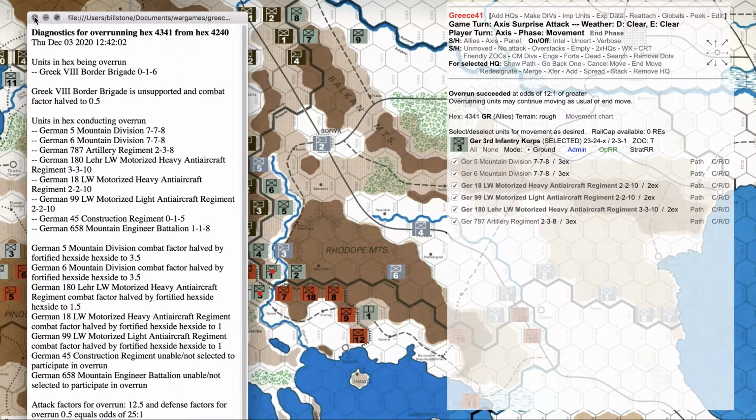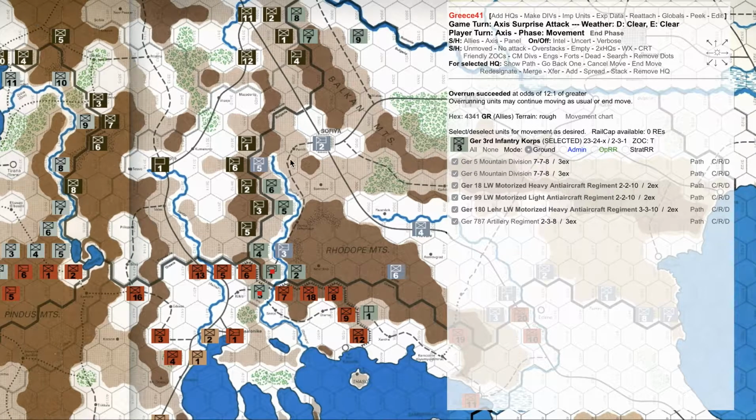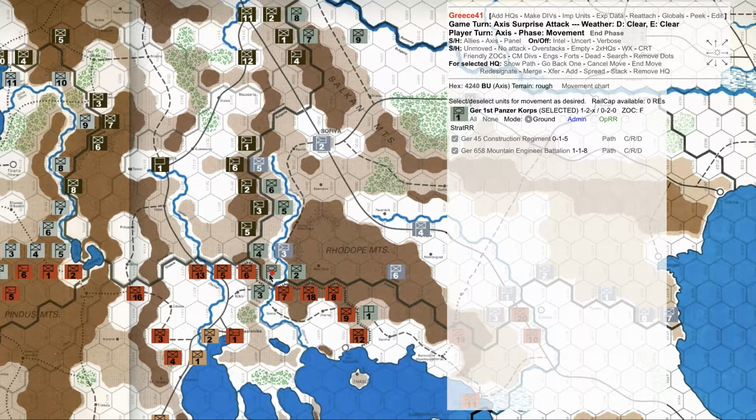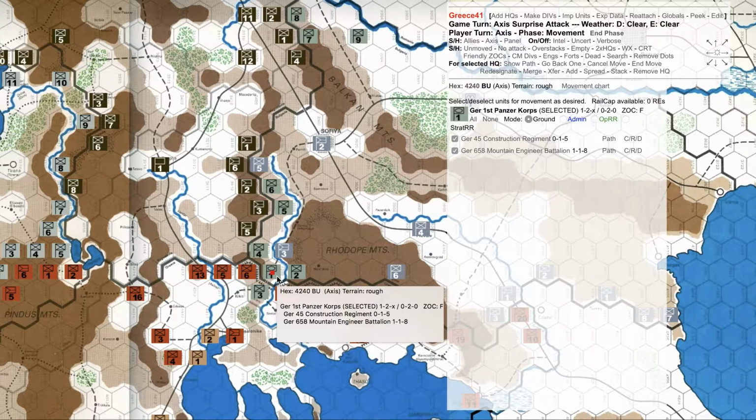We don't even have to look at that if we don't want to, but we know that we overran that Greek unit and all the overrunning units moved in. We'll just leave them there. Note that the units that were not selected for the overrun, because there was an overstack going on, stayed behind with the new headquarters. And that headquarters is the 1st Panzer Corps headquarters,